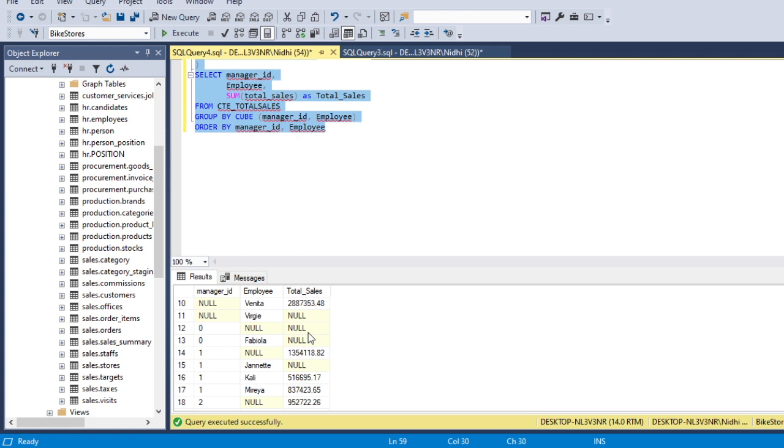Then it is giving the data at both levels, manager and employee level. And then it has given the data for manager level only, where employee is null for the one manager ID. Then it has given the data for both, and similarly it does for other employees which come under the one manager ID.